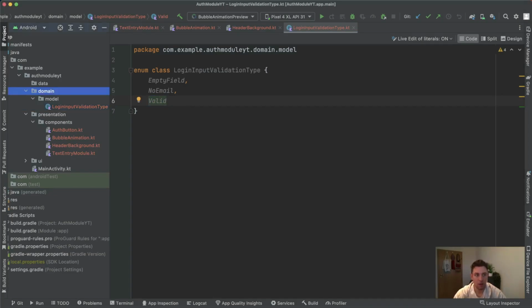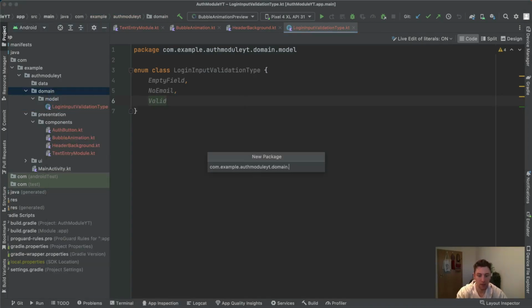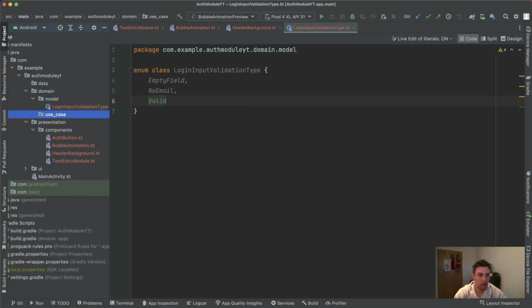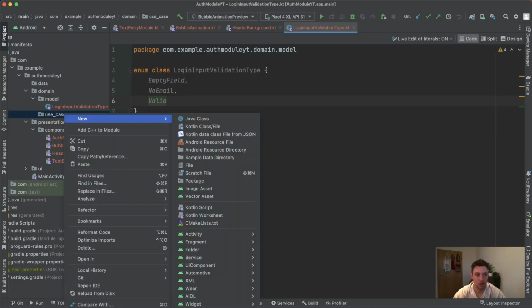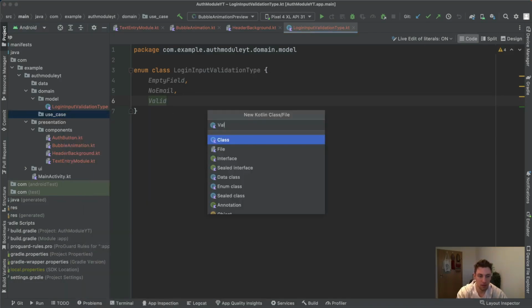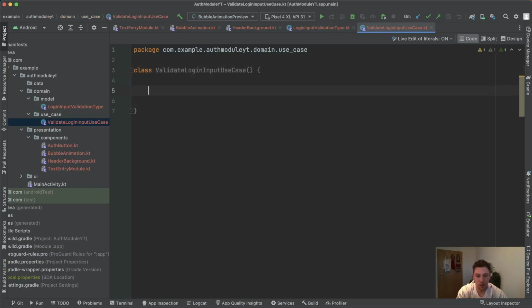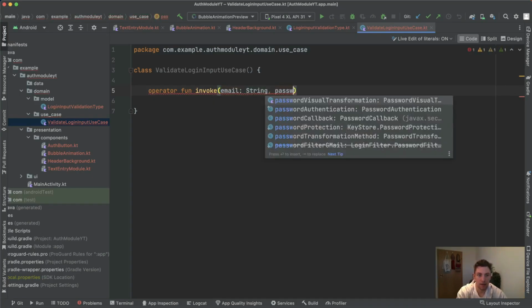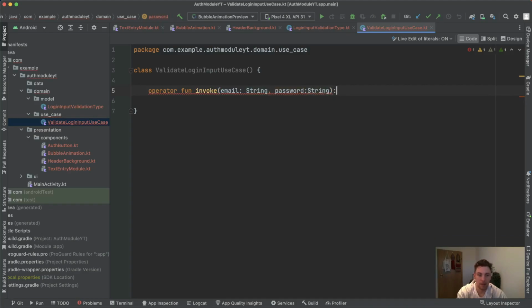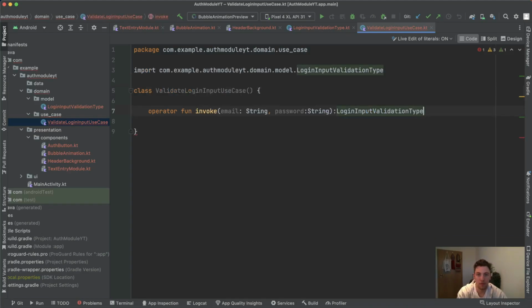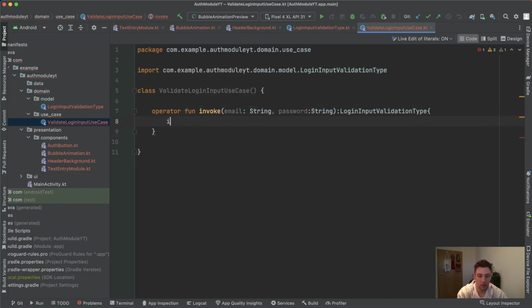Then we can go to our domain package and create another package called use case. And in this use case package, we can put use cases which represents our business logic. The first use case will be validate login input use case. Then we can override its operator function, because we can then invoke this use case later in a more convenient way. This will take an email of type string and the password of type string, and it will return a login input validation type. In here we can then first check if